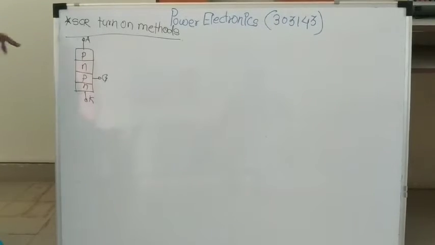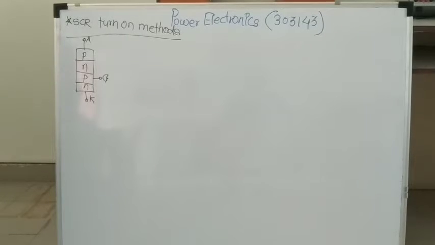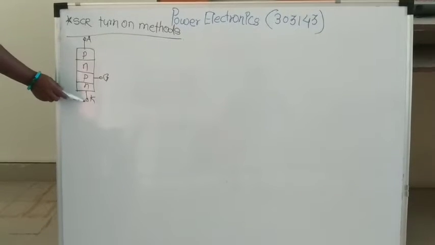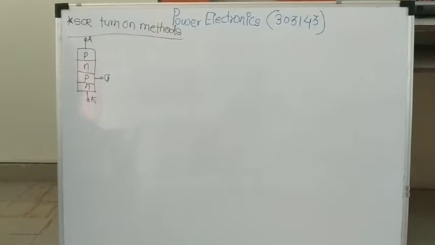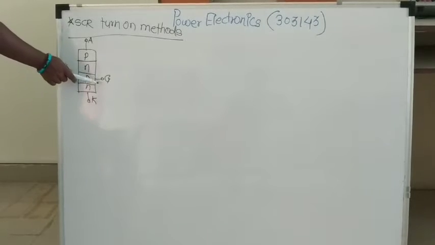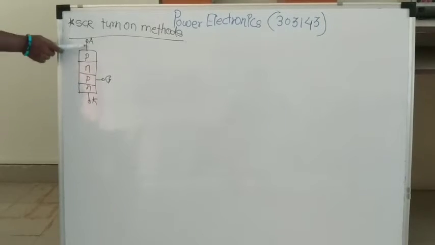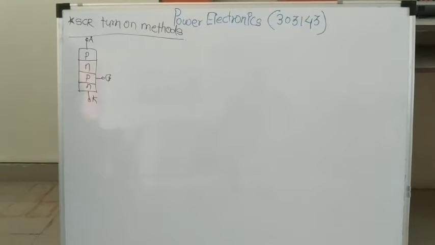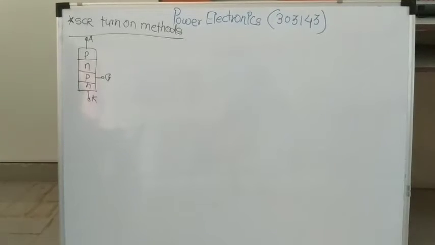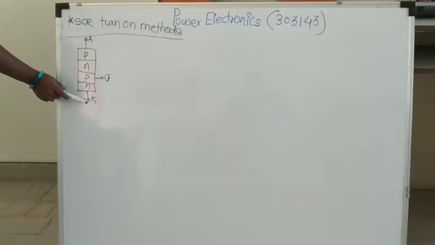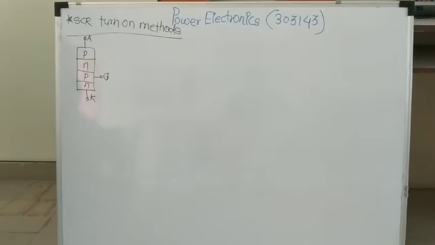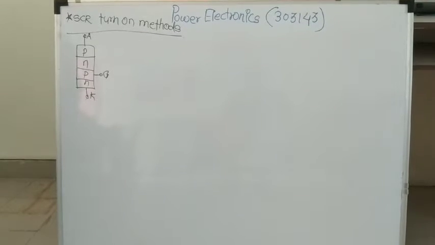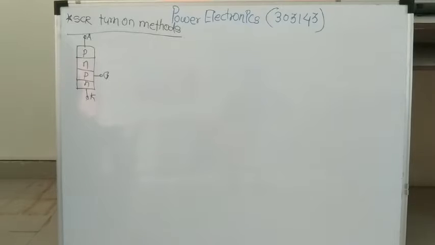Now, to turn on this SCR, firstly we apply the supply between anode to cathode. Then, second point, that we apply the supply to the gate terminal as well as anode to cathode. Means two batteries are there. First battery between gate and cathode, second battery between anode and cathode. These two methods we know because we learned SCR before that.